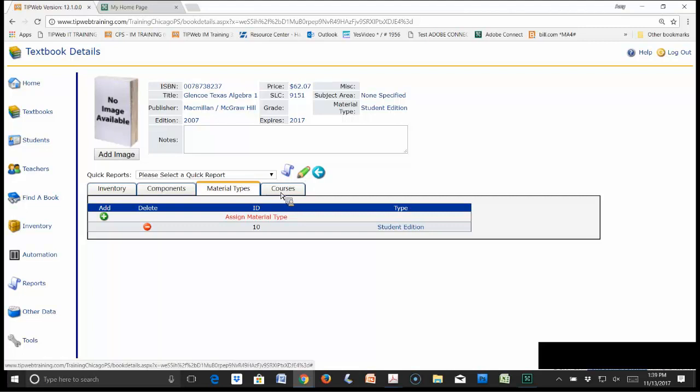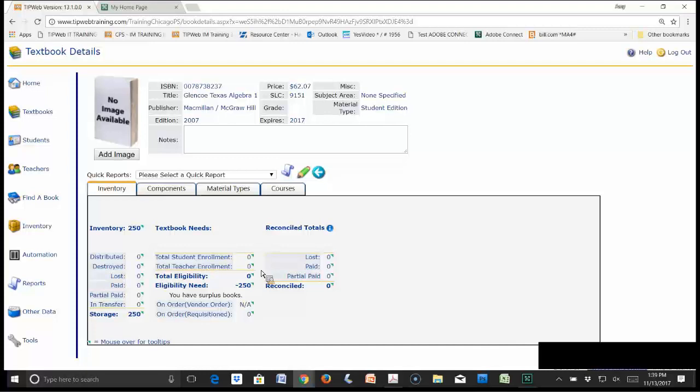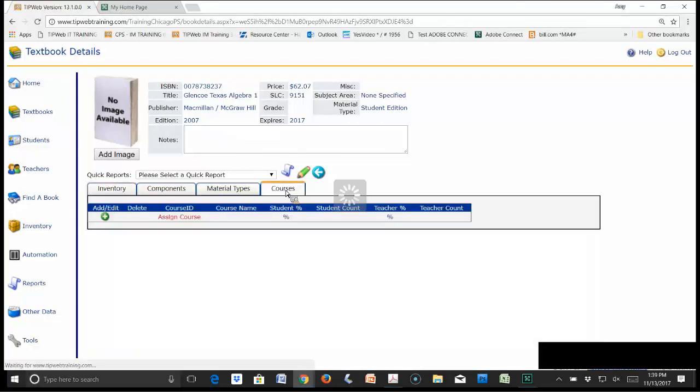We can then come over to courses, and let's see what happens. I'm going to click on inventory first, and you can see right now it looks like we don't need these books because we have no student enrollment, no teacher enrollment, so we don't need the 250 we have in storage. But we're going to come over to courses, and again, because your district